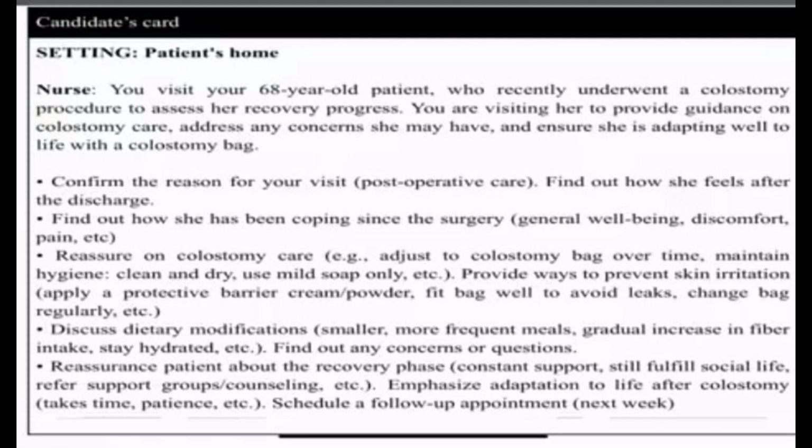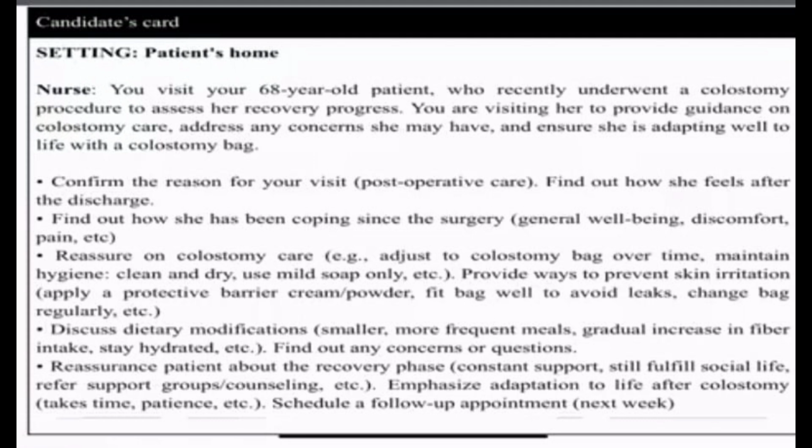Okay, so like this, we can explain the care, or colostomy care, to the patient as the patient is having some concerns. Okay, so reassurance means acknowledgement of the patient, that is very important in the OET role play, so that the patient can easily clarify their concerns. And at last, after the explanation, please use sentences like this: is that clear to you, or did you get my point? Because these are very helpful